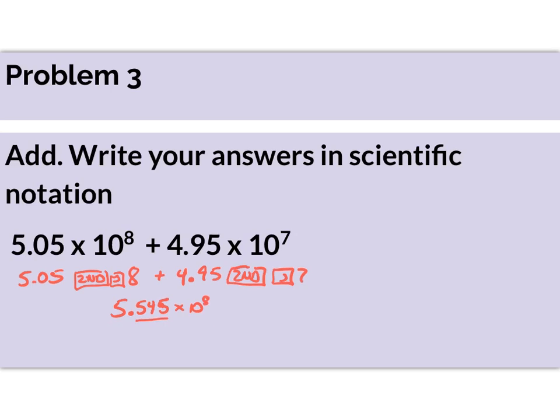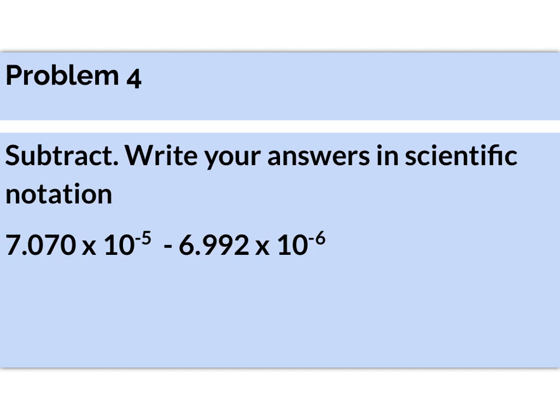Okay. And finally, problem 4. Here we go. Our last problem. And when typing these in, we did 7.07 second, comma. These are the buttons we push. Negative is down at the bottom, right next to the decimal point, right next to the 0 and the enter button. 5, subtract